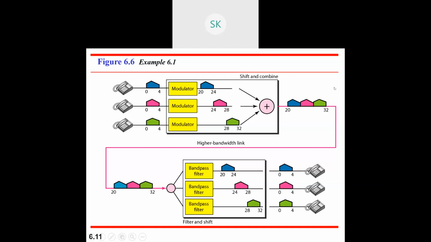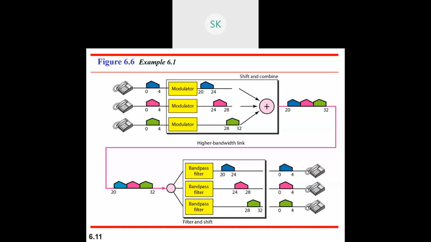As we know, it should start from 0 to 4 kilohertz. That's what we have just analyzed. So it has a bandwidth of 4 kilohertz. That's what they are saying. We need to combine three voice channels into a single link with a bandwidth of 12 kilohertz, from 20 to 32 kilohertz. So the range has been given. It's a band pass channel. So the lowest frequency is 20, the highest frequency is 32 kilohertz. Understanding it?